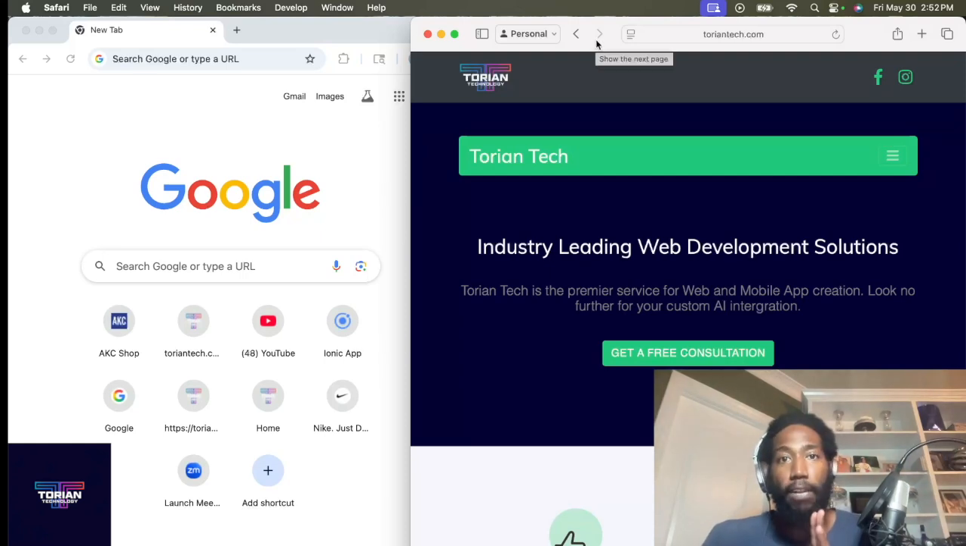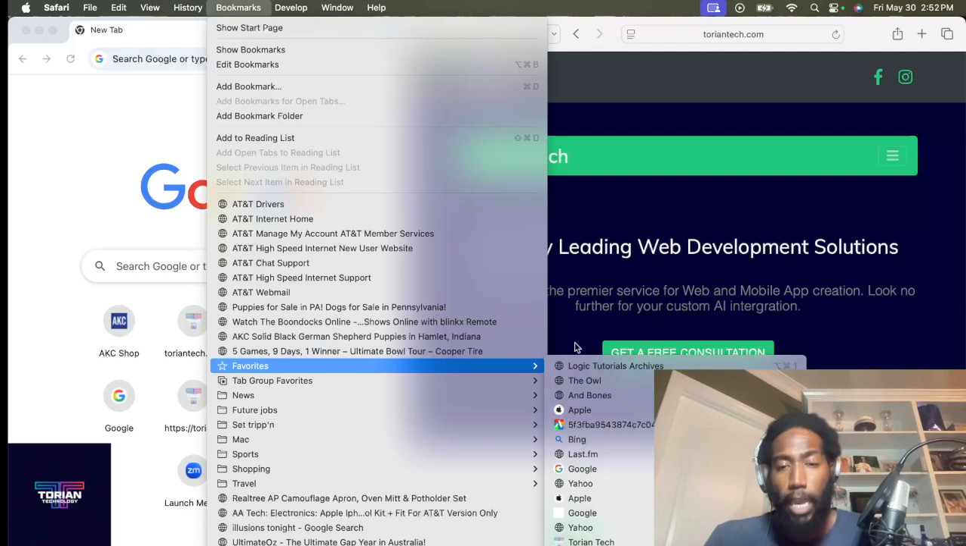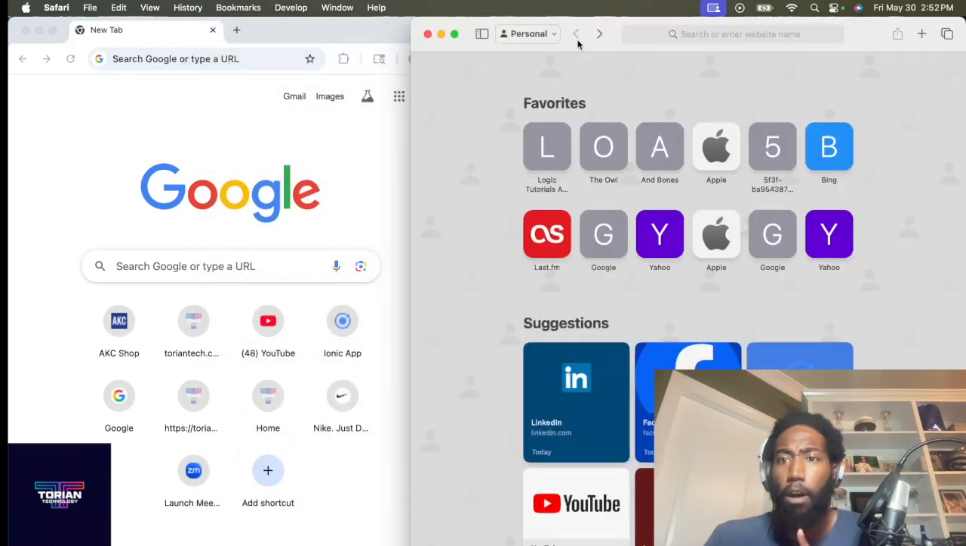What's great is that Safari, for instance, has a nice list that'll show you all of your favorites. You just have a whole list of everything you want to save here. Here's favorites for me. And there we are, Torian Tech. And usually with Safari, it'll also put it on the home screen, but because I've got too many, it didn't save it. The key takeaway here, though, is that whether you're on Safari or Chrome,